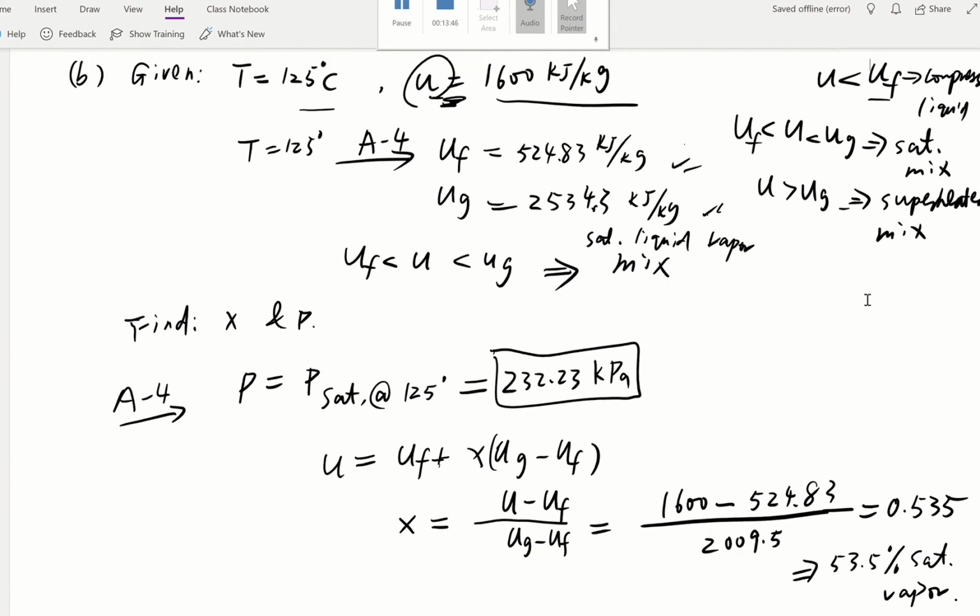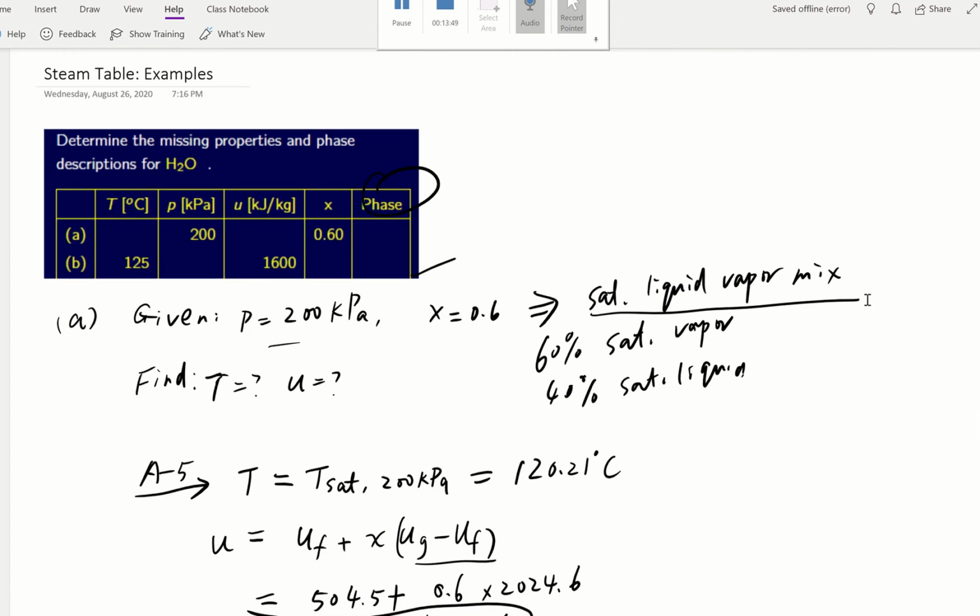All right, so those are the two examples. We use steam tables to solve for those unknowns. They all share the same